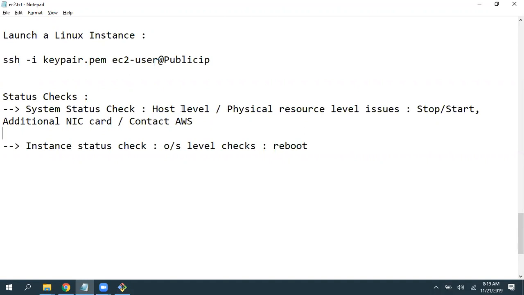Whenever you stop, the instance comes out of the unhealthy host. When you start it again, it will look for a nearby healthy host and run on healthy physical resources. That is why we do not hold any public IP address by default whenever you stop your EC2 instance. We will see that now.